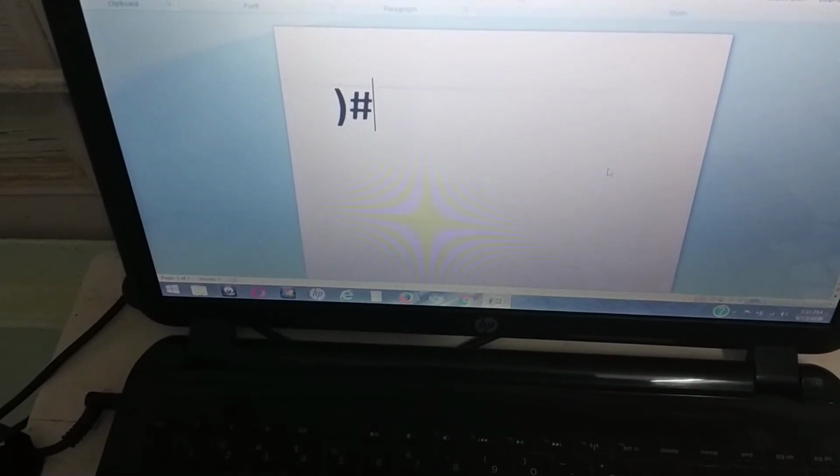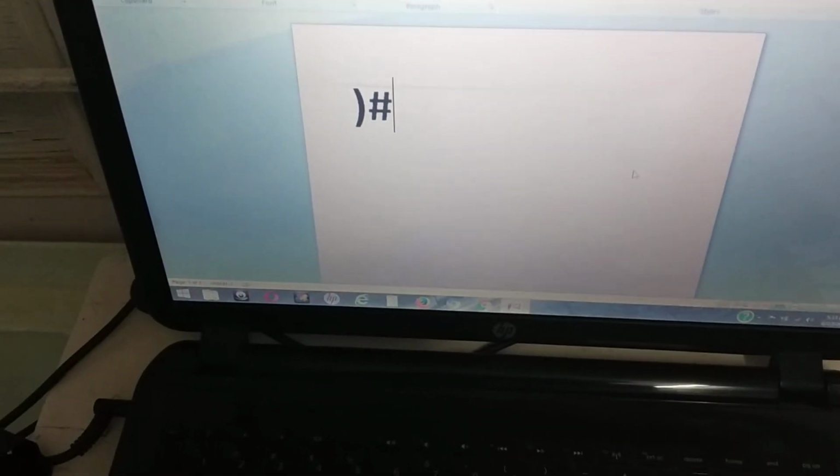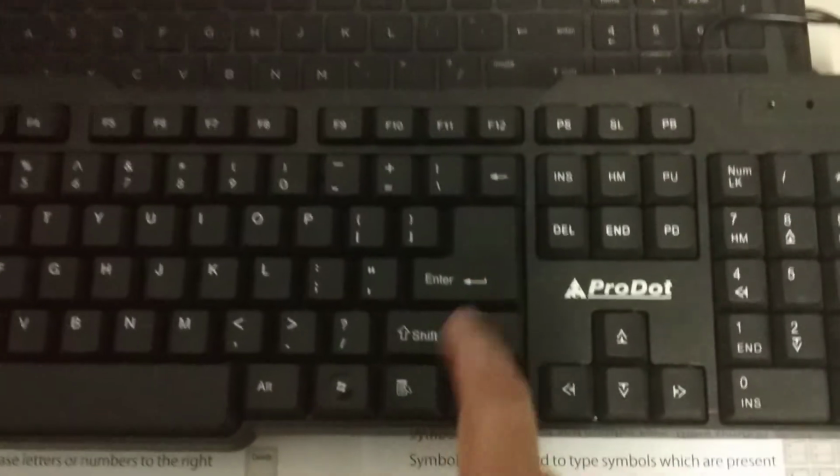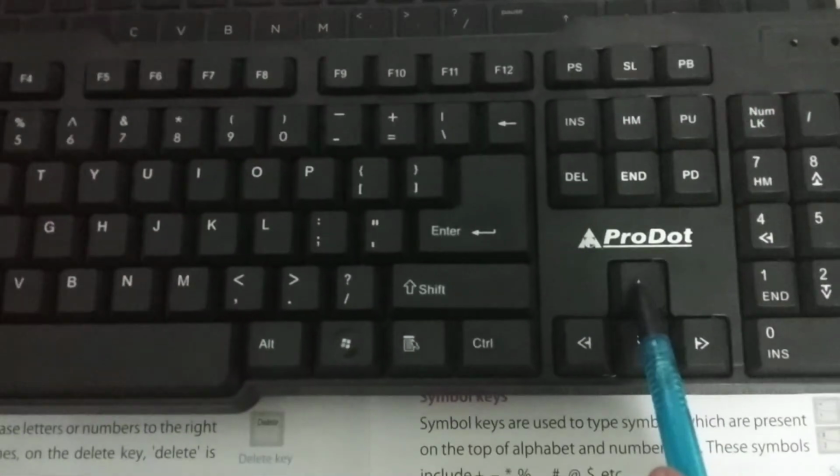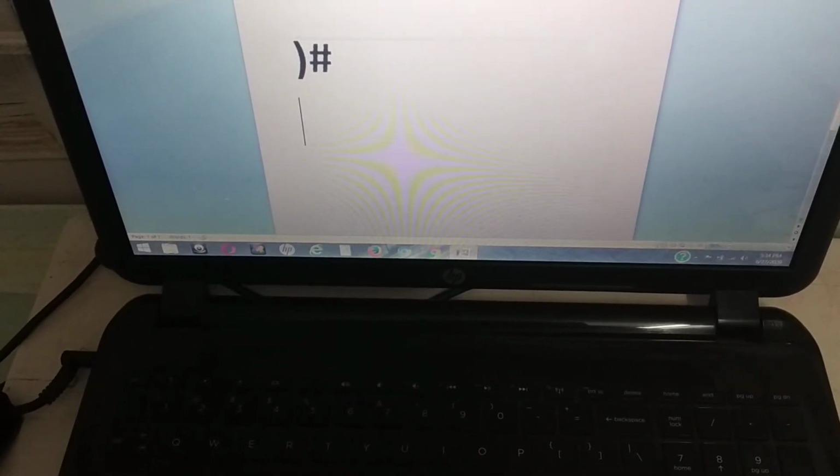By this right arrow key, my cursor will move to the right. By this up arrow key, my cursor will move in the upward direction, and by the down arrow key, my cursor will move downwards. So these are the 4 arrow keys present on the keyboard.